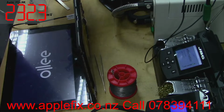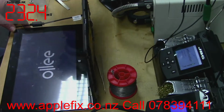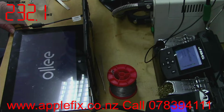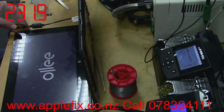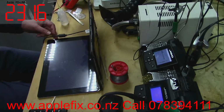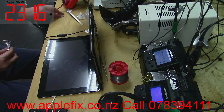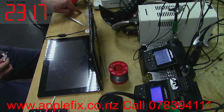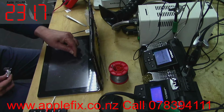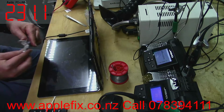Okay, let's see what we got. Come on, hurry up. Let's make it bigger for you. So this was the little bugger, see that small over voltage protection IC here. Anyway,